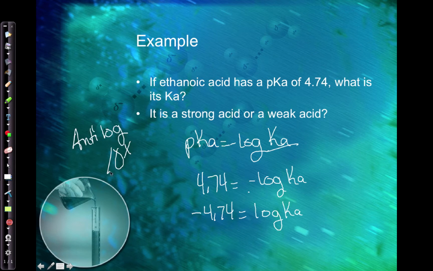So that right there is the opposite of my log. So if I plug this in the calculator, I'm going to get a Ka of 1.8 times 10 to the negative fifth, and no units for K. So is it a strong acid or a weak acid? Well, the lower the pKa,